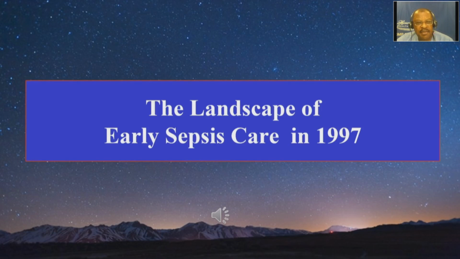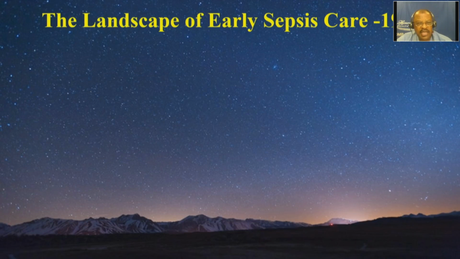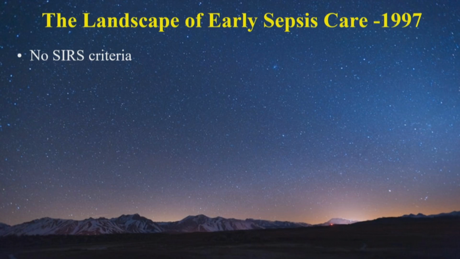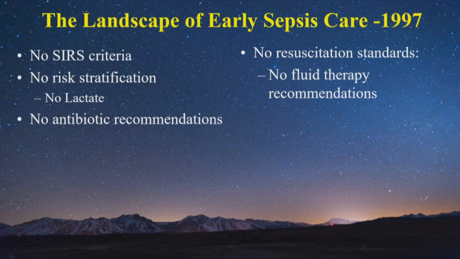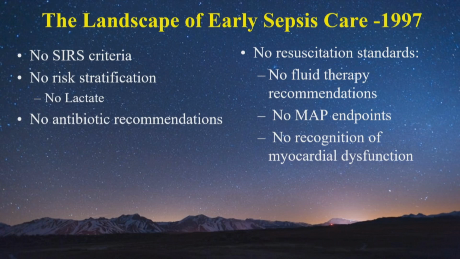So look at this landscape and how it's changed, because from 1999, there was a consensus statement by the Surviving Sepsis Campaign as well as the Society of Critical Care Medicine Expert Task Force, but this did not apply to early sepsis care. So when you look at early sepsis in the 1990s, there was no search criteria. There was no risk stratification, no use of lactate, no antibiotic recommendations, including resuscitation. So no fluid requirements, blood pressure, as well as the recognition of underlying hemodynamic